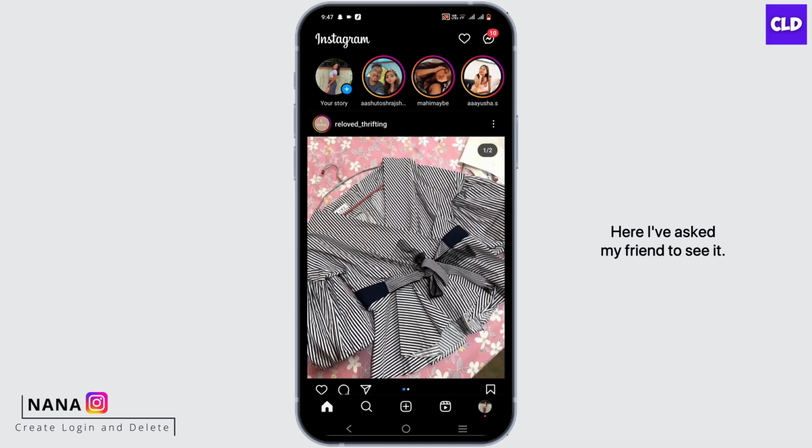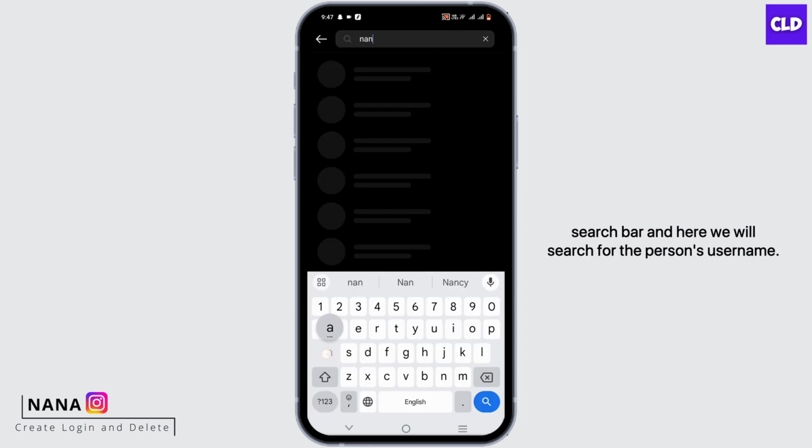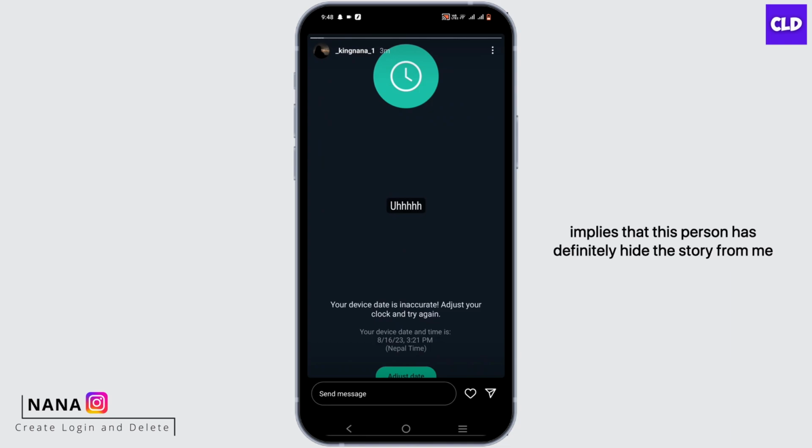Here I have asked my friend to see it. Now what we will do here is again go and tap on the search bar, and here we will search for the person's username. Right here again I'm searching for myself. Now as you can see, there is a story posted right here, which implies that this person has definitely hidden the story from me,